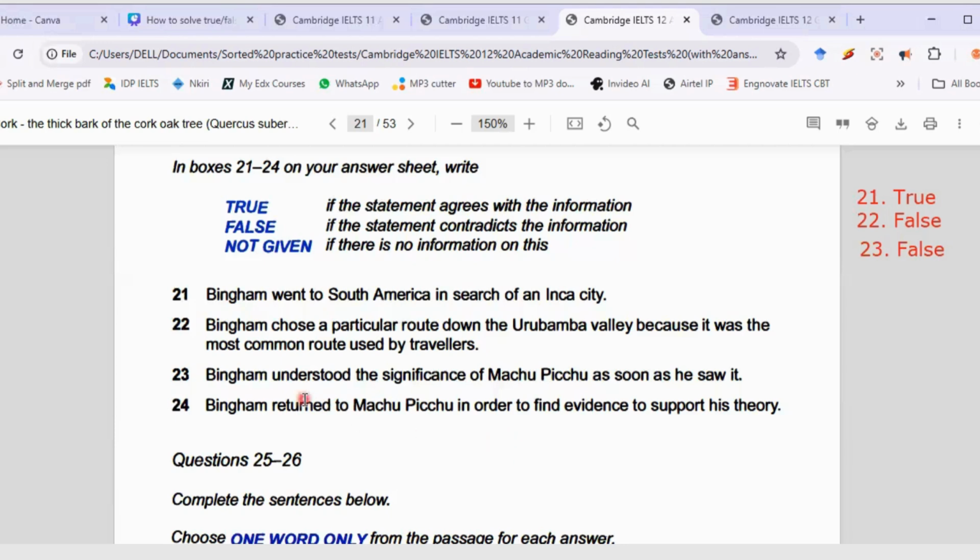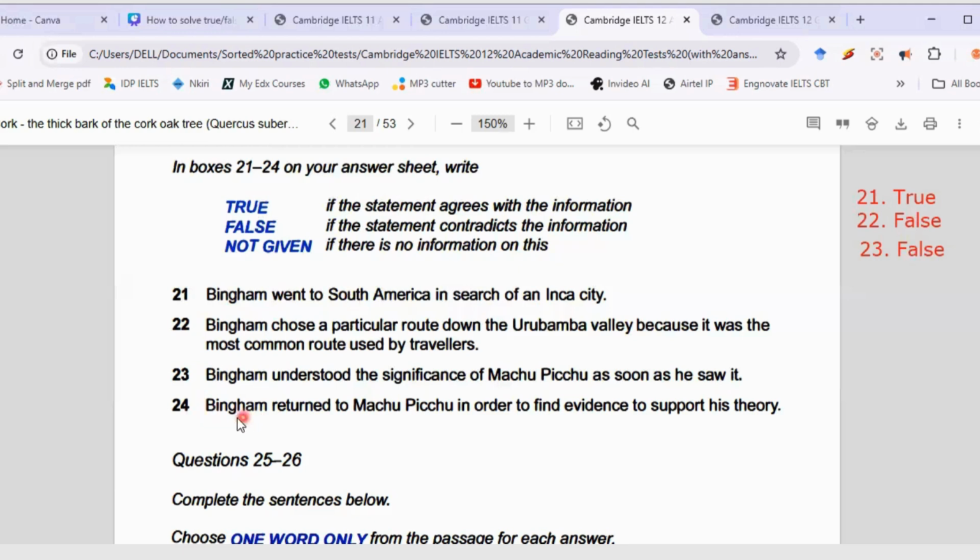Okay? But then let's solve it. Why am I picking not given? Because I've not used not given at all. And usually, in a set of questions, you should use all of these 3 options at least once. That's the common trend, especially if you have at least 4 questions. But